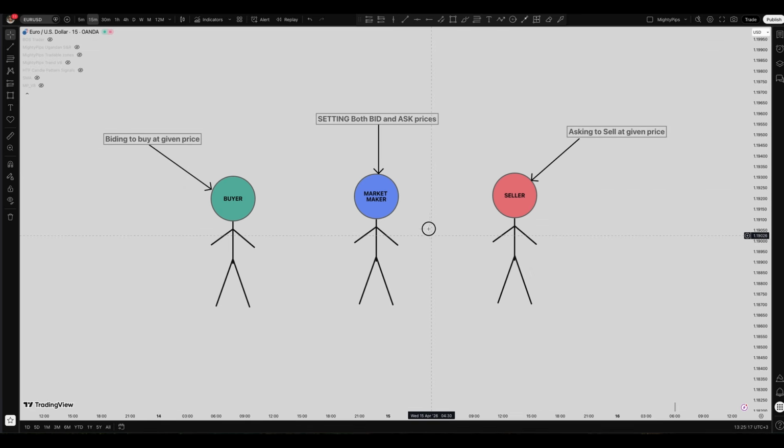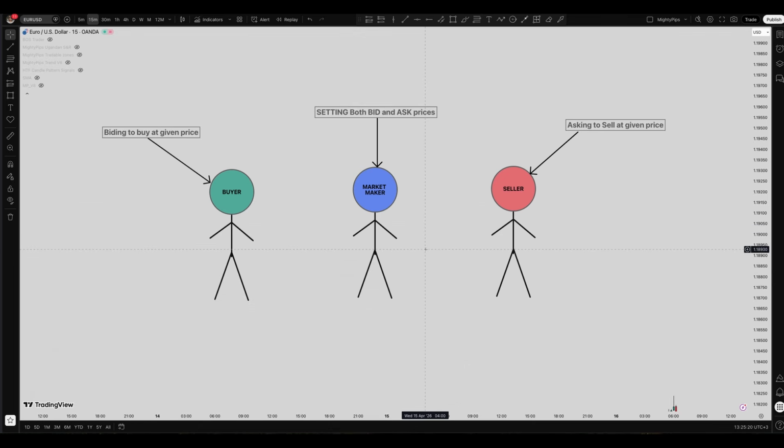So I want to explain to you something very profound that if you understand it, it's going to really change the way you see the market, and it will help you with your entries when it comes to trading, especially the one candlestick strategy. But before we go forward, guys, I would like to let you know that